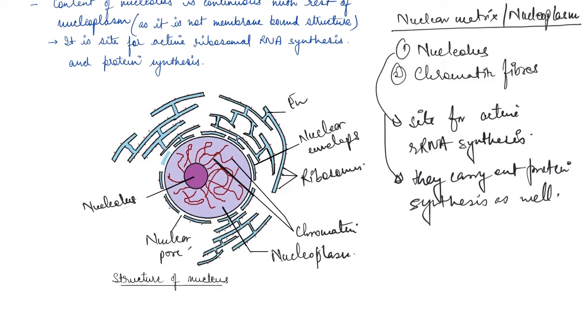And this is the endoplasmic reticulum. Right, now we are talking about this nucleus. This nucleoplasm has the nucleolus and chromatin fibers. Now these nucleoli are the site of rRNA, ribosomal RNA synthesis, and they carry out protein synthesis as